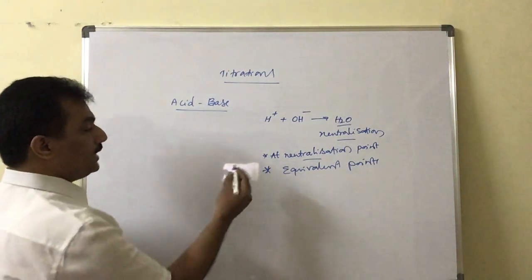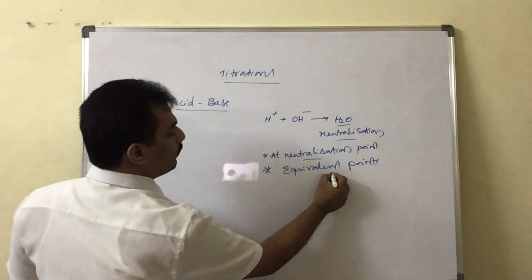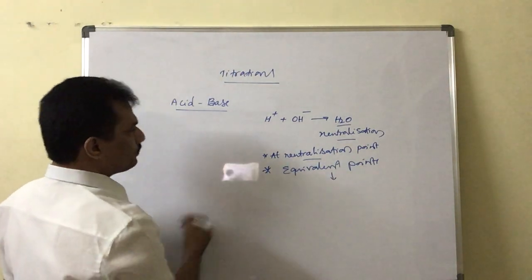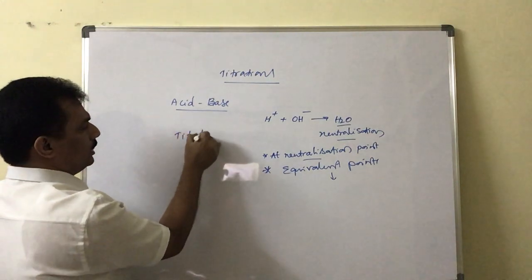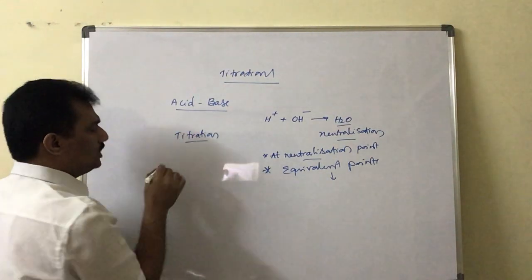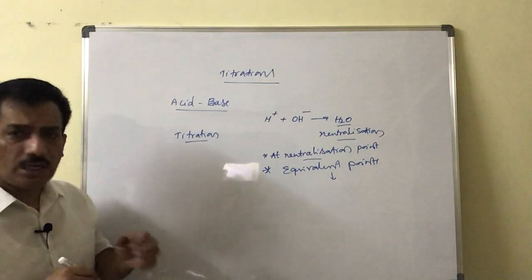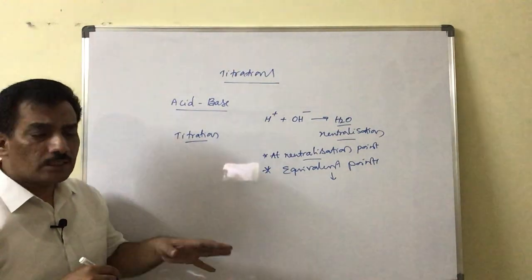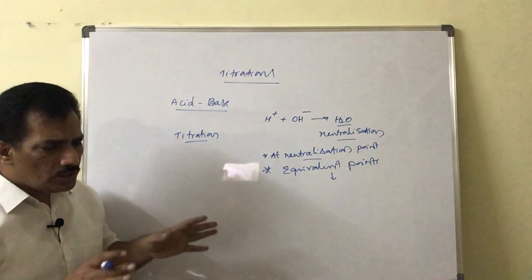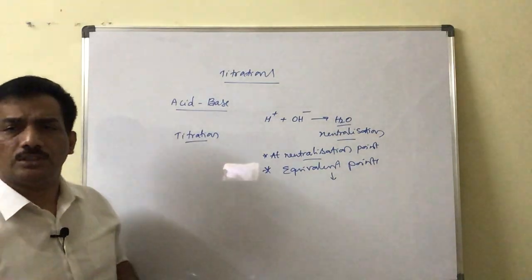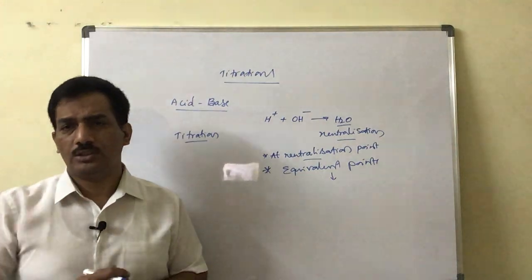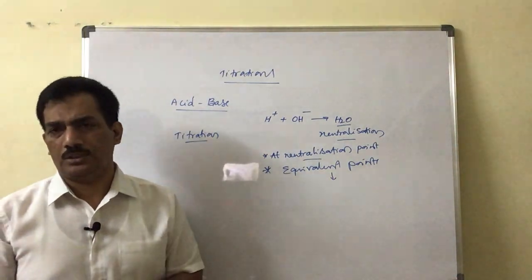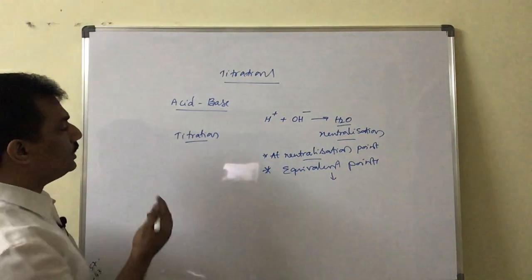Now, the equivalent point is what happens during titration, so just follow this. If you are thorough with this concept and able to understand it in a correct manner, then you can easily solve all the numericals related to concentration terms wherever they appear in our other physical chapters. Clear?